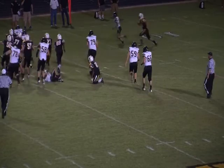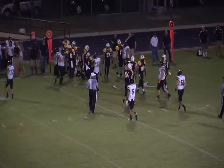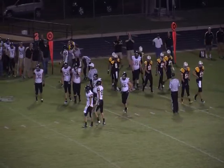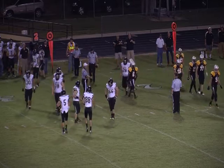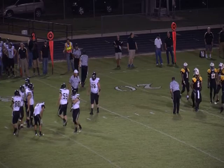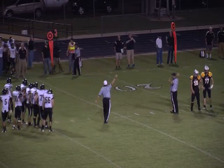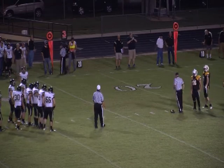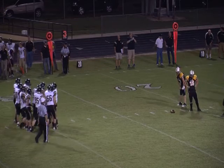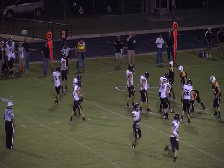Ball's up in the air, tipped, and the Blackcats have it, but they'll only get down to about the 21. See where they spot it, 21-yard line, so they'll gain a couple. I'm not really sure who ended up with that ball. It was tipped up in the air, and I think one of the linemen, 32, Rylan Matthews, ended up with it, and he knew what to do with it. He went forward. Those linemen don't get their hands on the ball too often, so they're going to take advantage of it. Their eyes light up when they get the ball. Get excited. So it'll bring up a 3rd down and 9